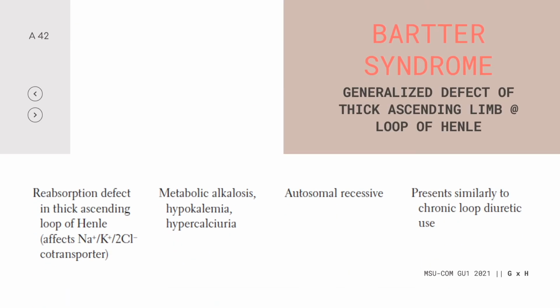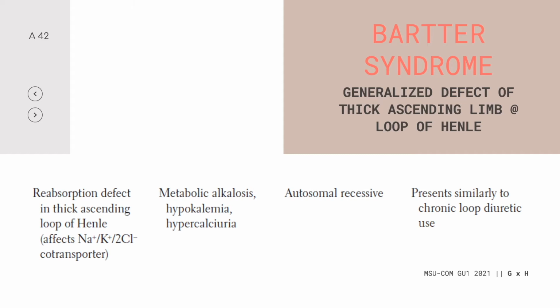Now that we have talked about loop diuretics, let's also mention one entity that presents similarly to chronic loop diuretic use. That is Bartter syndrome, an autosomal recessive generalized defect of the thick ascending limb of the loop of Henle. It therefore affects the sodium-potassium-2-chloride cotransporter, therefore contributing to the following effects: